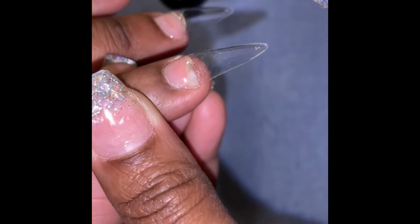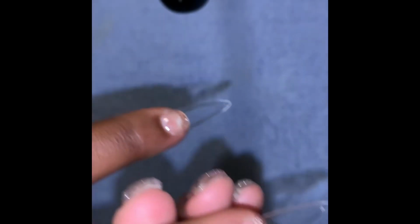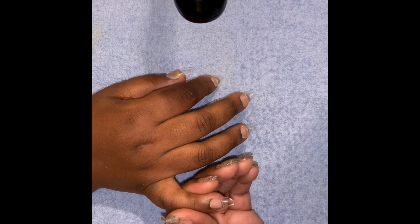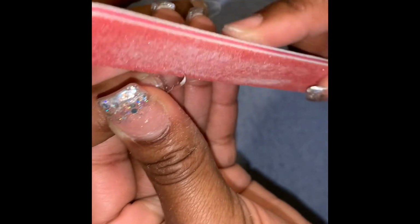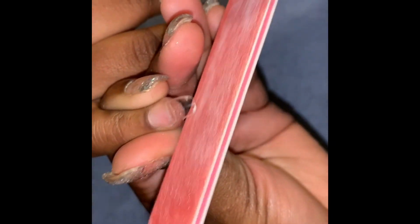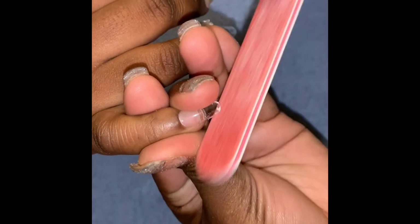Now, like I was saying, these nail tips, so I did some research. They are coming out with another version of these that are supposed to be more durable, but you could see when I was doing the unboxing how they bent. Absolutely need reinforcement. There's just no way around it, using some builder gel and doing the extra work. It's just unfortunate, but it is what it is. Right now, I just want you guys to see how they file. They're very soft. You know how when you file clear nails, they're usually softer anyway, but